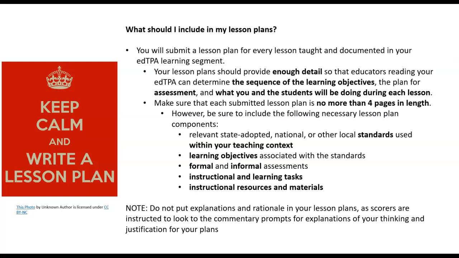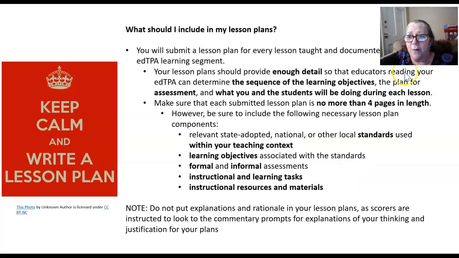However, keep in mind that oftentimes your scorers are people who are my age, and we want our scorers to be able to read our artifacts. So you need to provide enough detail so that the educator that's reading your edTPA can understand the sequence of your plans, understand the objectives and how you're going to assess and what you're going to have students do. You want to make sure these are the